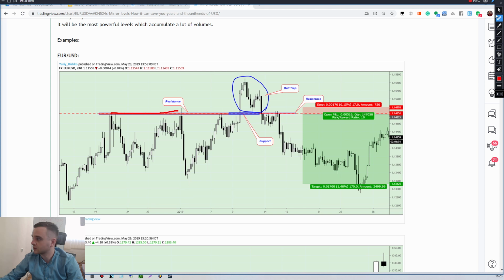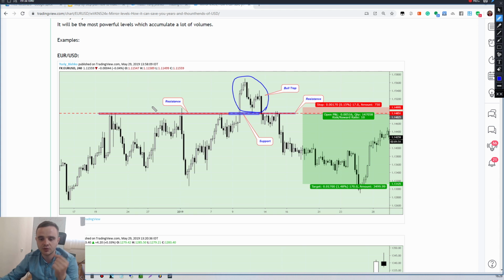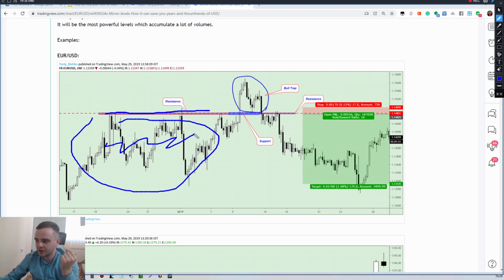First, we have a key level and after that the price suddenly breaks it. Why is it important in our trading? Because when you understand energy in trading, you will understand this. Just imagine a key level, and everyone who opened a sell here, when the price breaks it, the price hits their stop losses, and in that case big players accumulate a huge amount of volume. After that, when the price comes back for a retest, it is a huge essential place where you can trade it. I will show you examples where it works on different markets.